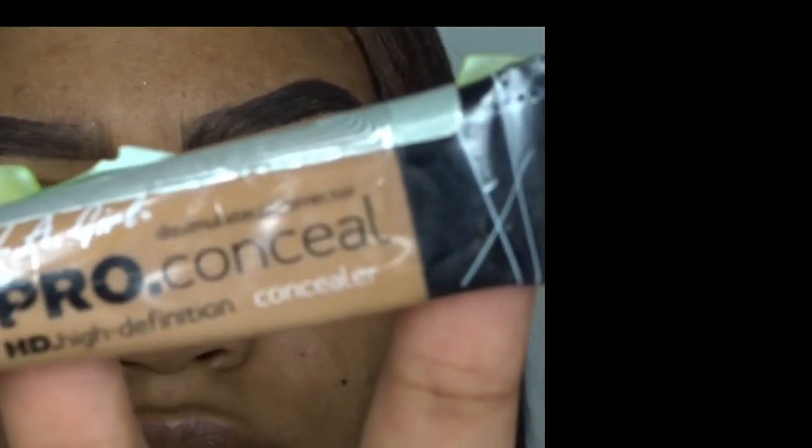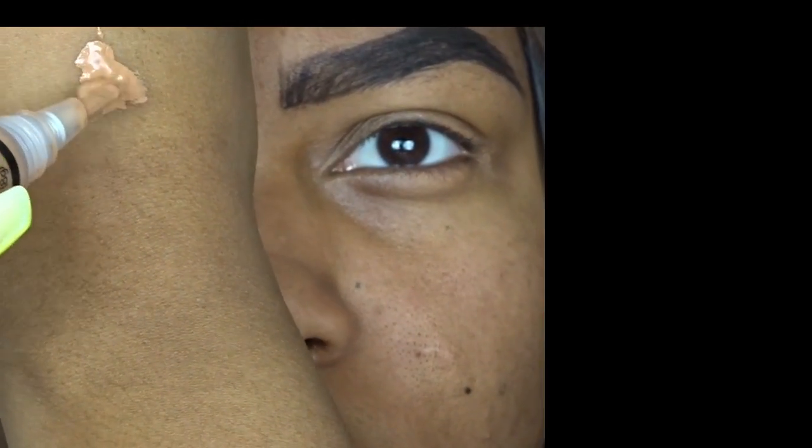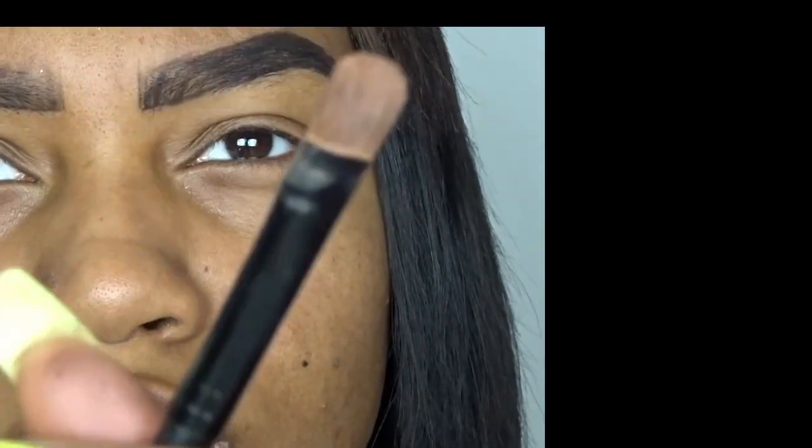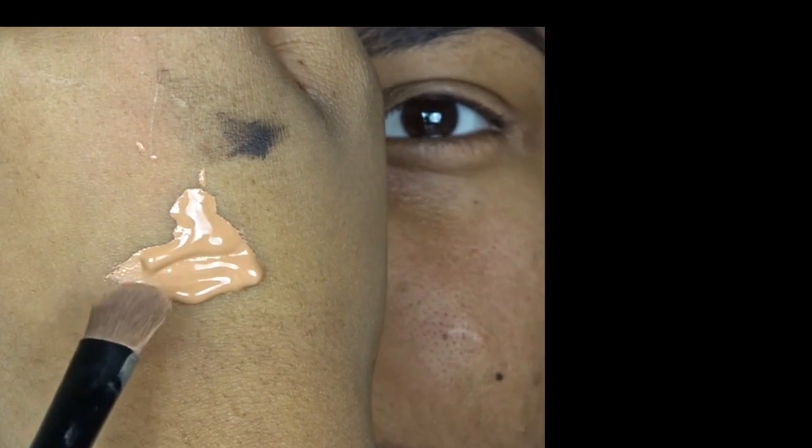So now we're going to go ahead and move on to the concealer, you guys. I'm going in with the LA Girl Pro Concealer, Warm Honey, and I'm going to be putting it on the back of my hand so that it makes it easier for me to just grab and use. I'm taking this flat-ended brush, you guys. I'm just flattening it like I did my eyebrow brush, and I'm going to be dipping it into the concealer